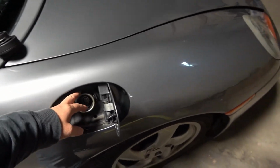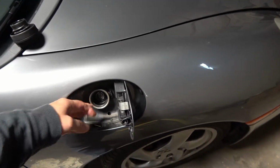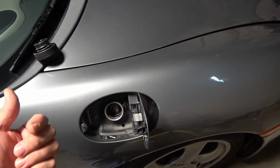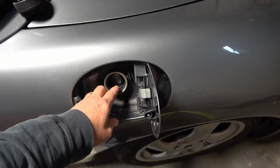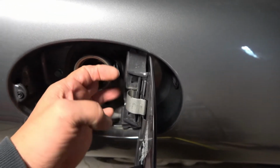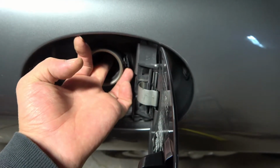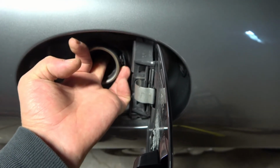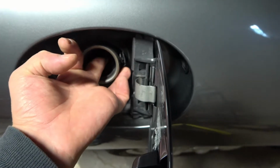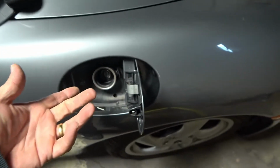The way the Porsches tell it to open is through a mechanically operated electrical servo. So if you listen, I'll be real quiet here. If you listen, you can hear it open. You hear that click. All right, so the system's operating properly,